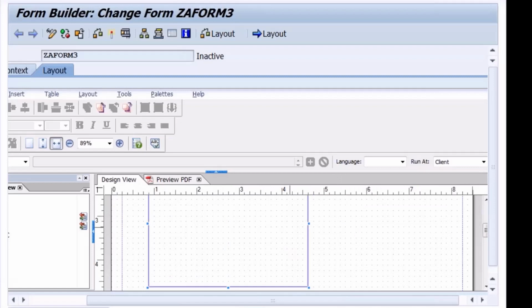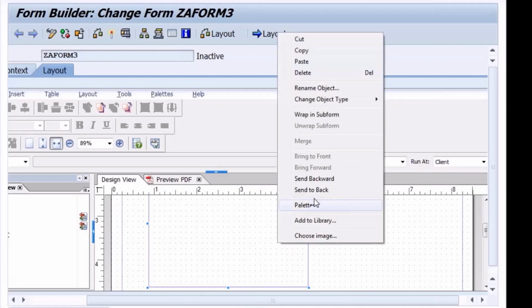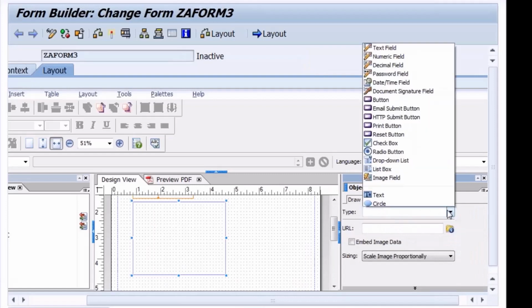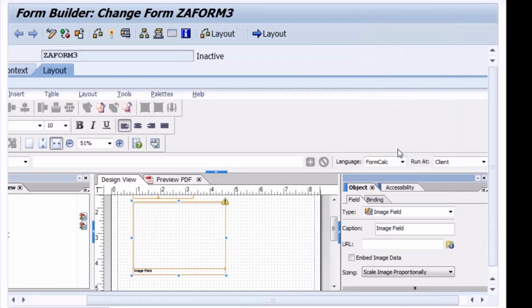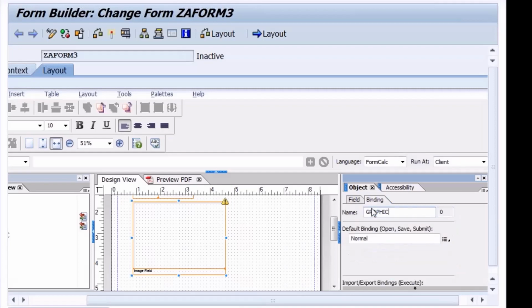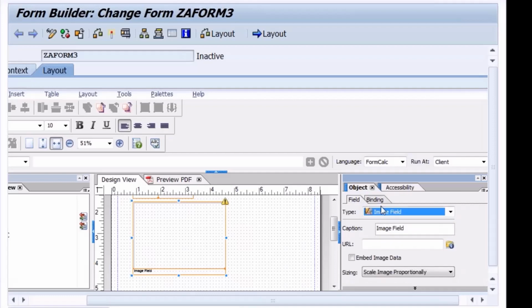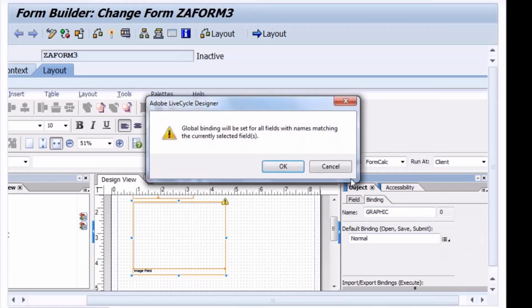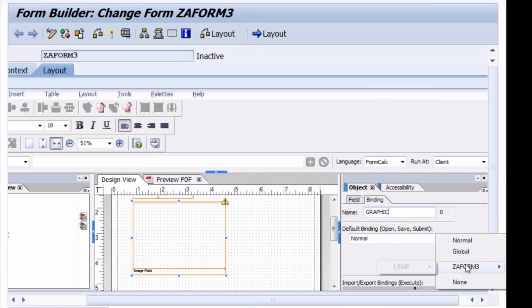it's not taking that. So right click on this palettes object. Let me go for image field only. Image field only. Binding, right? Image field binding, and take binding I_emp.